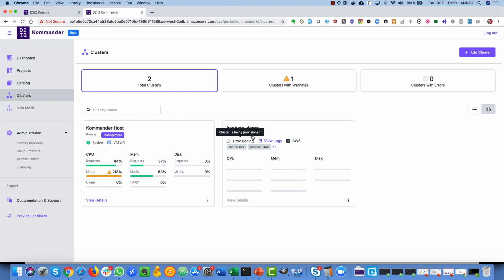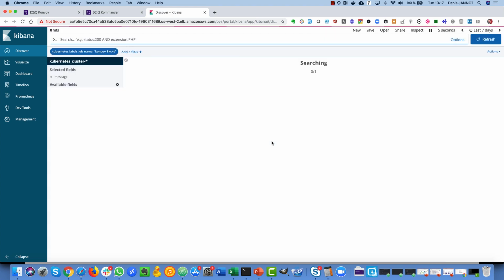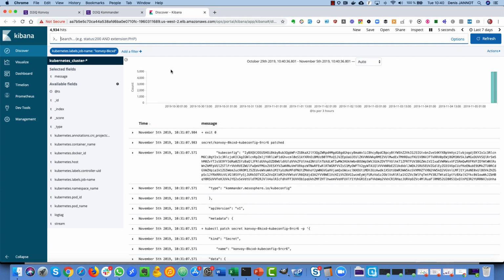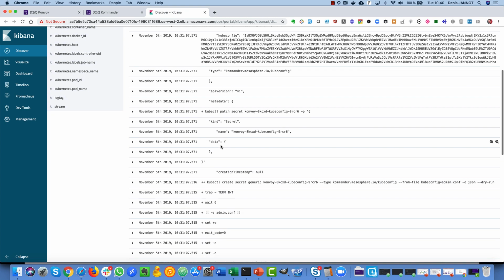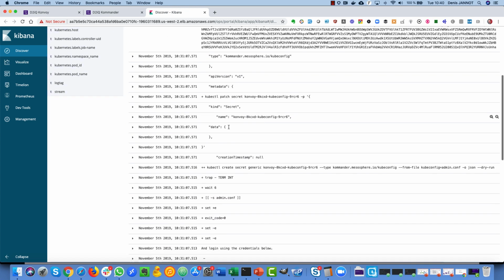And you can follow the deployment by just clicking on view logs, because everything is stored on Elastic, and we can use the Kibana cluster running on Kommander to be able to follow the deployment like you can see here. Currently this is the log of Terraform. Okay, so we have our cluster deployed, and we can see here the different information about our cluster in the